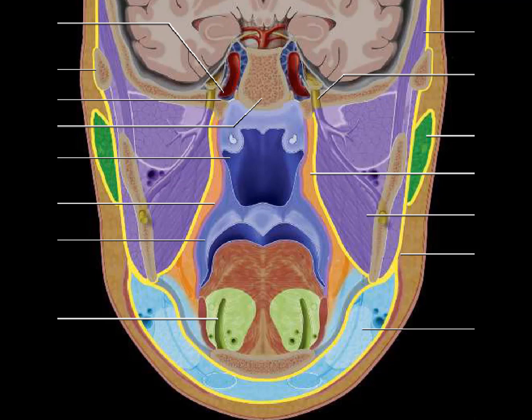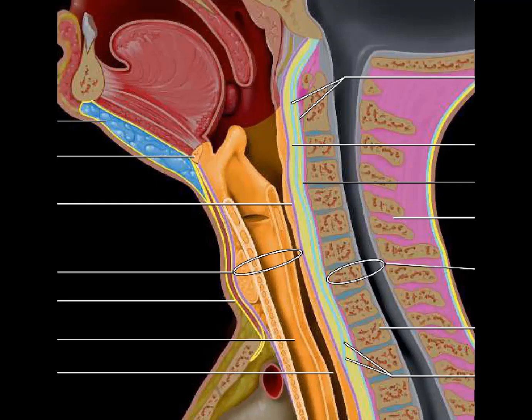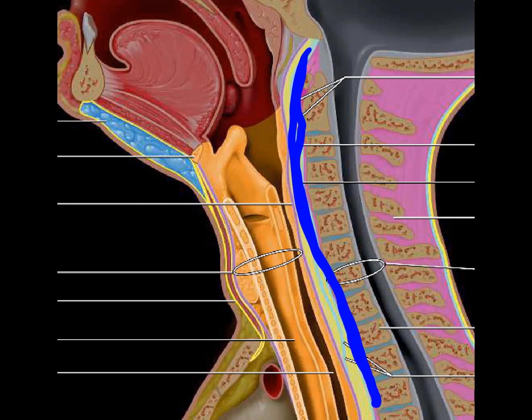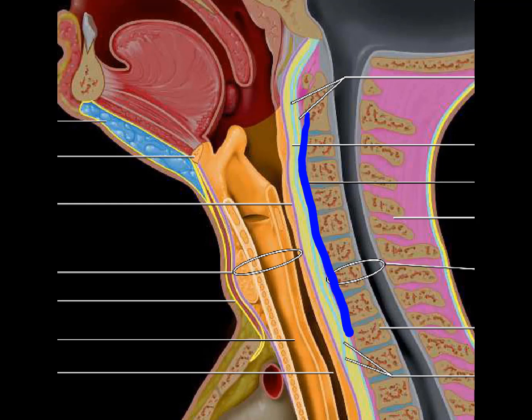So this is a sagittal image which is showing us the neck spaces which extend from the suprahyoid region to the infrahyoid region. If you see these spaces, the prevertebral space, the retropharyngeal space and the pharyngeal mucosal space, all three extend below into the infrahyoid region. The innermost layer is the prevertebral